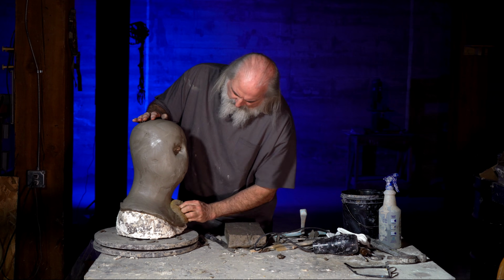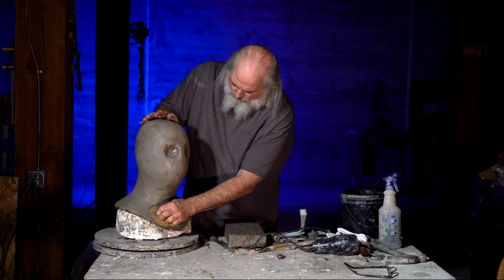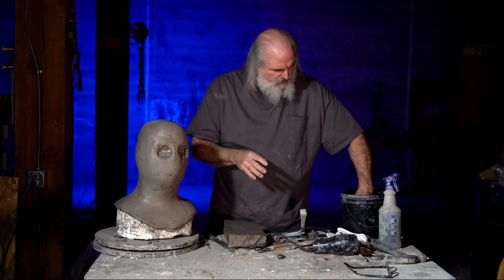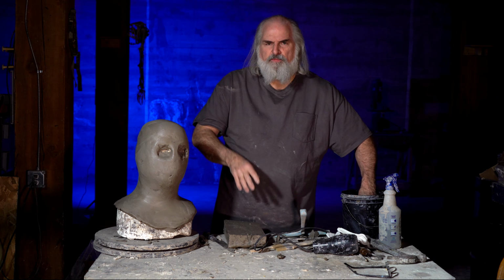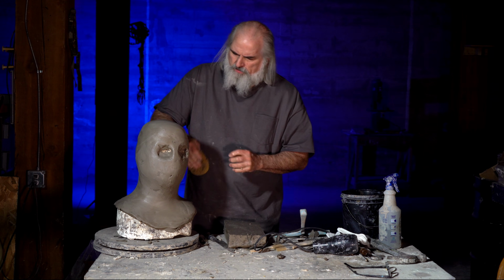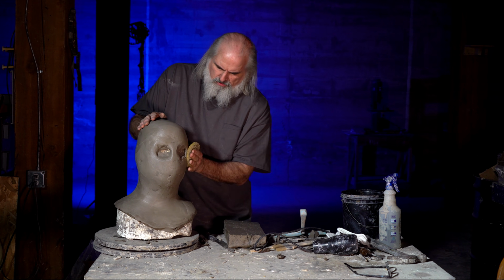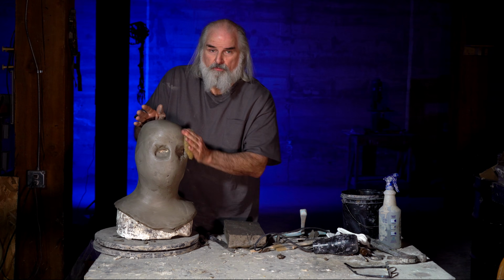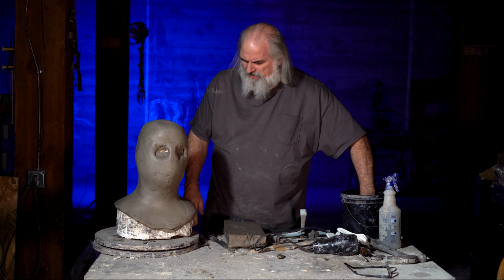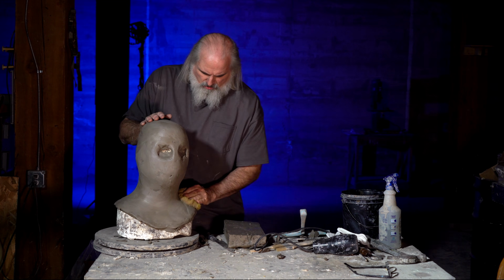And again, this is not a sculpting tutorial. This is more about the specifics of how to work with WED clay. This isn't, here's how you sculpt a tooth and that kind of stuff. We've got lots of videos on sculpting, and we'll do more. This is how to work with WED, or how we work with WED clay. Somebody else, you could watch another video and they'd have some great techniques, I'm sure. This is just what we've learned over,